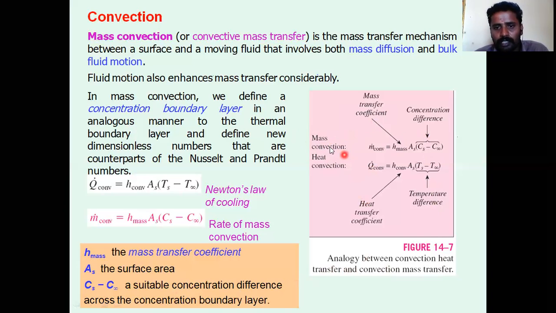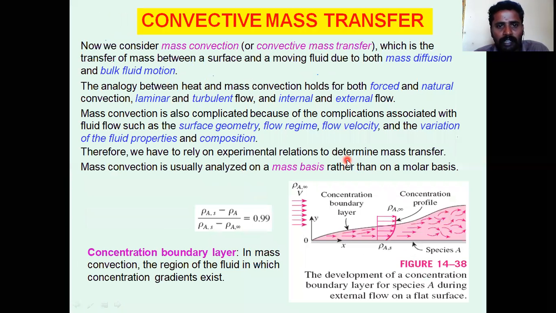The small difference is that convection occurs from a solid surface to the fluid boundary. Here too there are two types of convection, natural convection and forced convection. Natural convection is driven by buoyancy force and density difference, which produce the bulk fluid motion. Forced convection means we apply an external force, like a fan or blower, as an additional force to the flow. That is called forced convection.